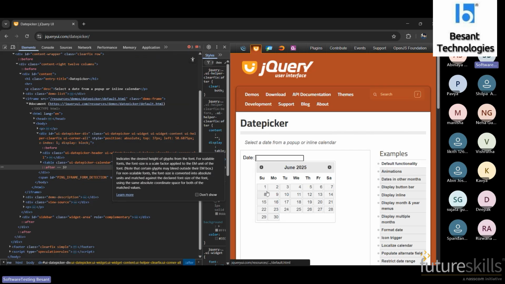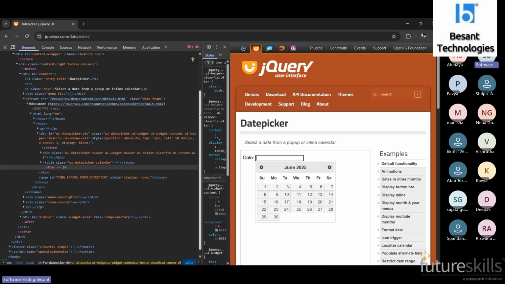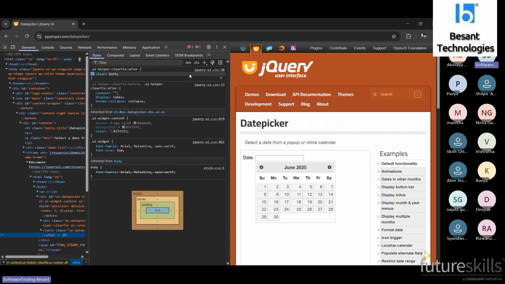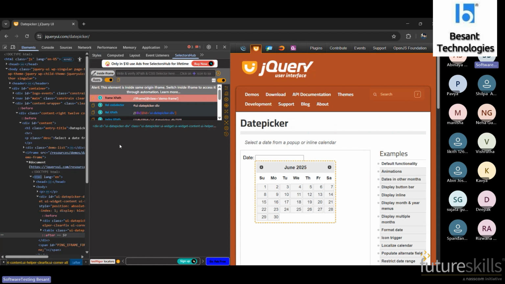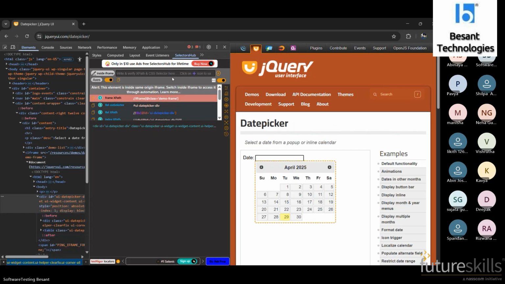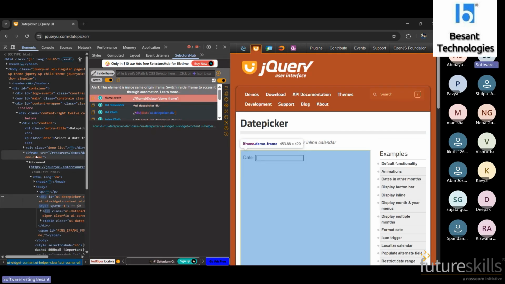So first, I will try to create the locator manually. This kind of scenario we are supposed to create manually. It is a table, right?